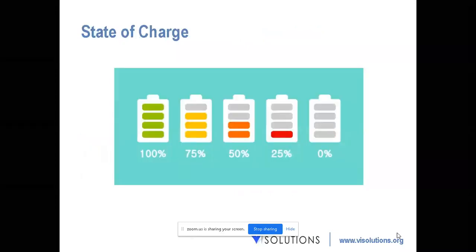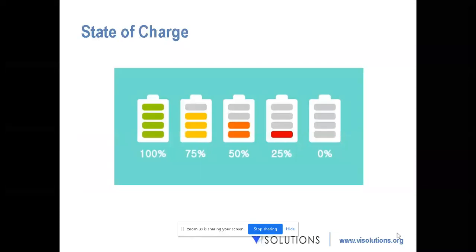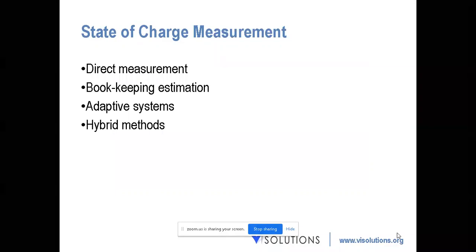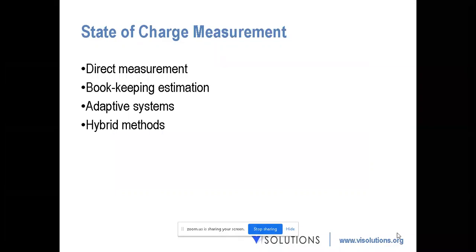So state of charge is the total charge possessed by the battery, which it can employ for doing various activities depending on what application you're going to use the battery for. The total usable power in it. So it's going to be measured in terms of percentage. That is the ultimate aim, to convert into percentage. There are a lot of ways in which you can measure the state of the charge.